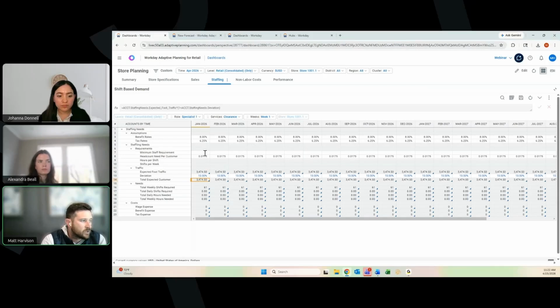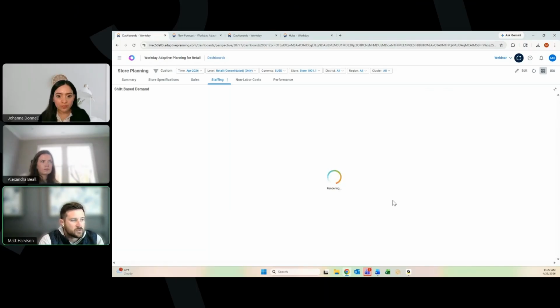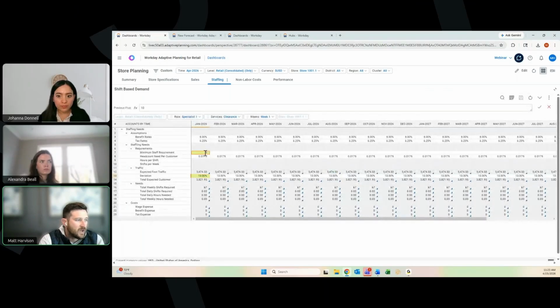Another way that we can go in is we can say, okay, we think that minimum staff is going to be, we have to have one person staffed at all times, or maybe we have to have 5 people staffed at all times for different positions that we have, whether that's receiving, stocking, or cashiers. We could have different positions or different staffing requirements, again, making impacts or changes to what our expected foot traffic is going to be. Now, as we make those changes or tweaks, again, we're going to see the highlighted values letting us know that there's a deviation from our underlying or original